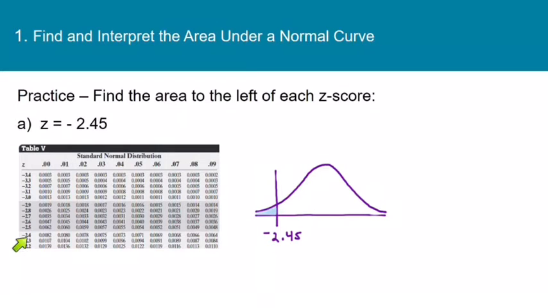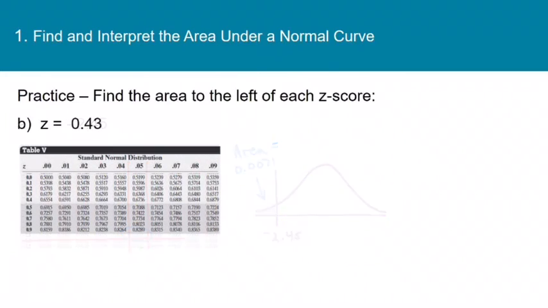So go down to the negative 2.4 line and then go across to the 0.05 column, and you find an area of 0.0071. So the area to the left of that z-score is 0.0071. Now let's practice finding the area to the left of